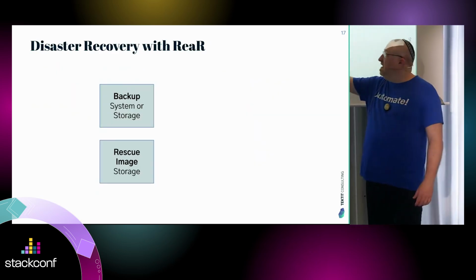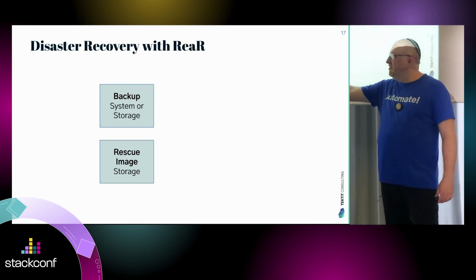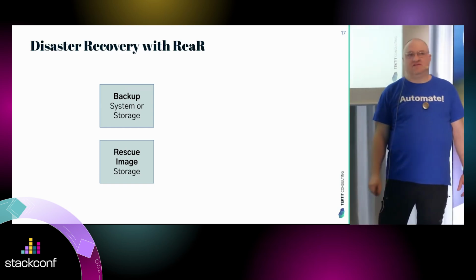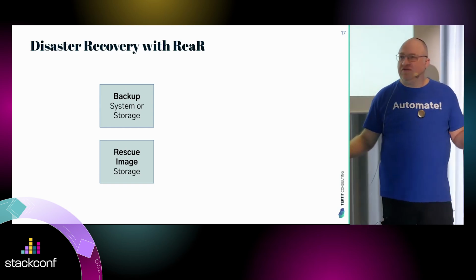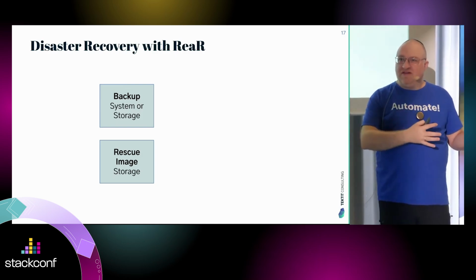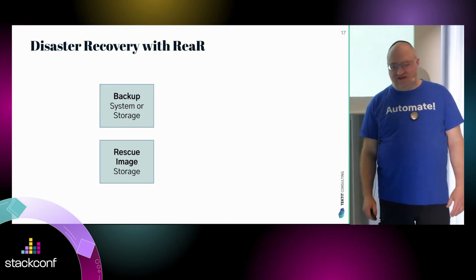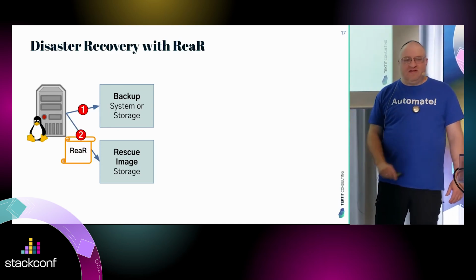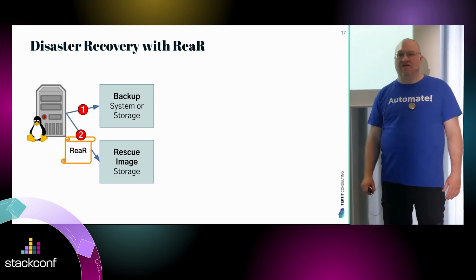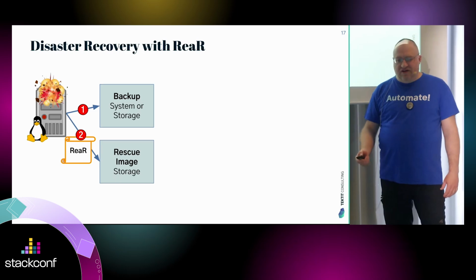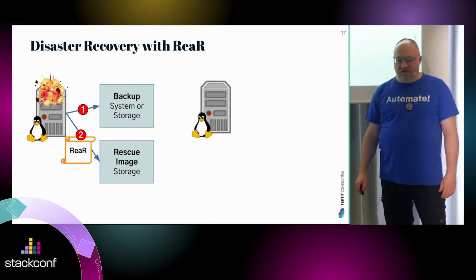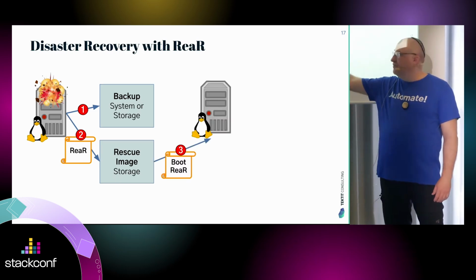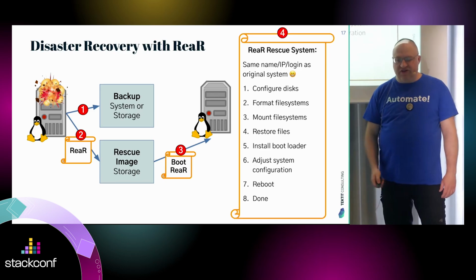You typically have a backup system or storage, and you have a rescue image storage. And bare metal restore means we need to deal with the bare metal, naked computer, nothing on it. So first you have a backup, then you use REAR to create the rescue media. The computer is gone, you get a new one, and you boot from the REAR rescue media, which does all